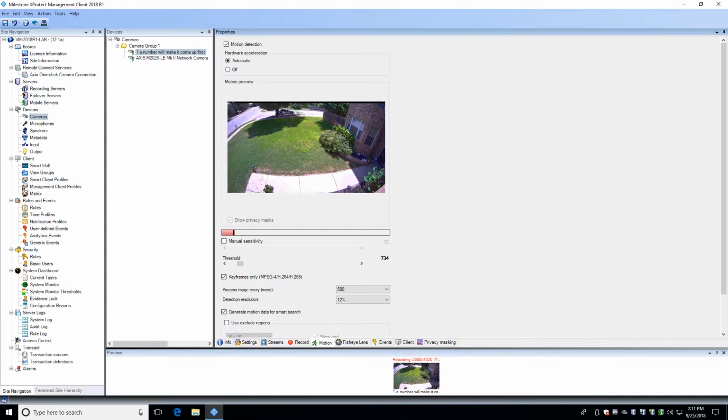However, there are times when you may wish to detect motion more frequently. These situations might be a narrow hallway where a target could potentially make it across a scene in the time between keyframes, or if you have a smart codec enabled that will vary the rate the keyframes come in from the camera. In these situations, it's important to uncheck this box and manually set the motion detection frequency.